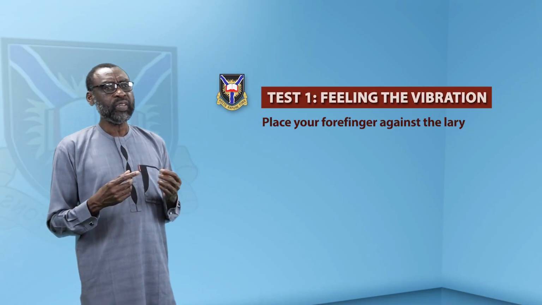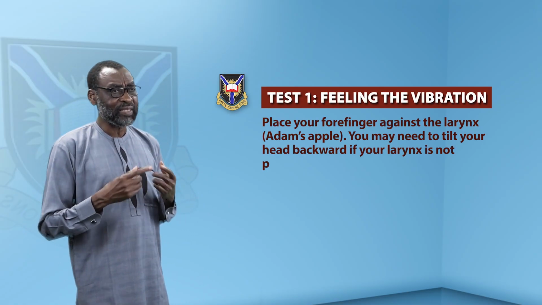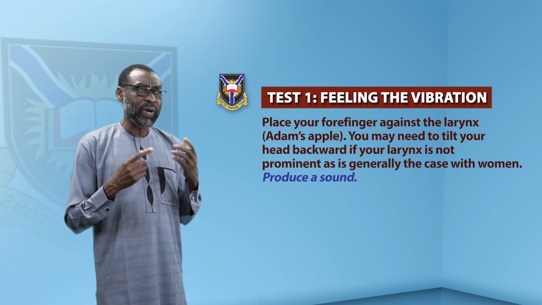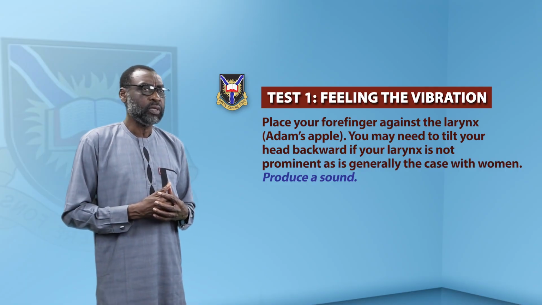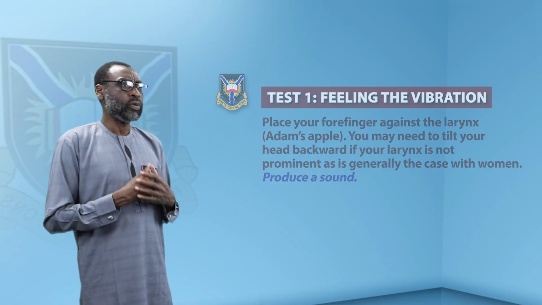Test 1, feeling the vibration. The first is to place your finger against the larynx. That's the Adam's apple. You may need to tilt your head backward. You remember we did this earlier, but we have to do it again. Produce a sound. You may wish to start with sounds which can be prolonged, such as the ones at the